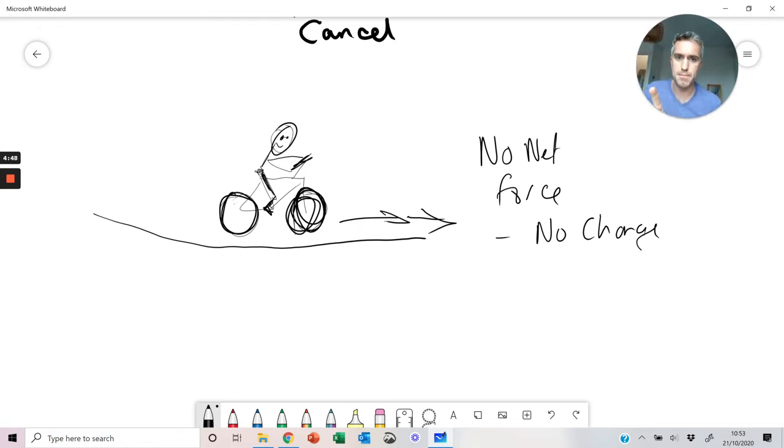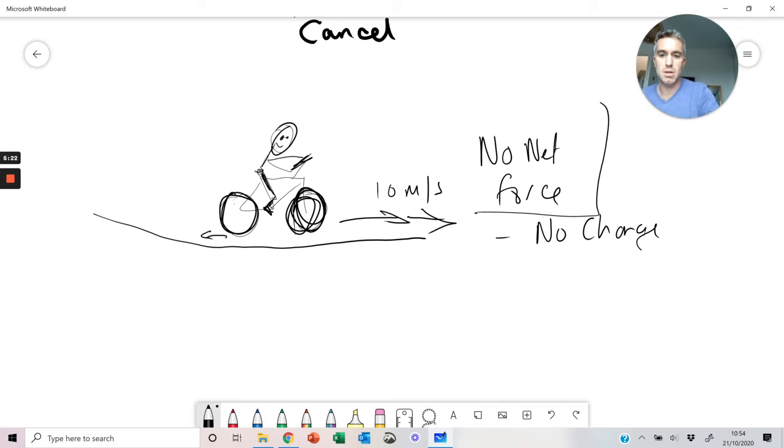Now they stop pedaling. Okay? What do you expect to happen? You might think that they might slow down. And in some senses, yes, they would, but only if there is a force. If there is a force, they will only change if there's a force acting on them. So if they stop pedaling, maybe the only force that's going to act on them might be friction. But in this situation, if somebody's travelling along the road at, I don't know, nice simple, 10 meters per second,